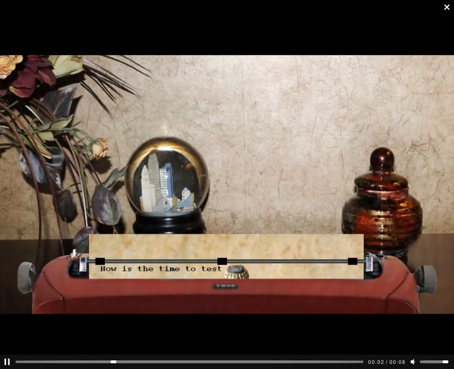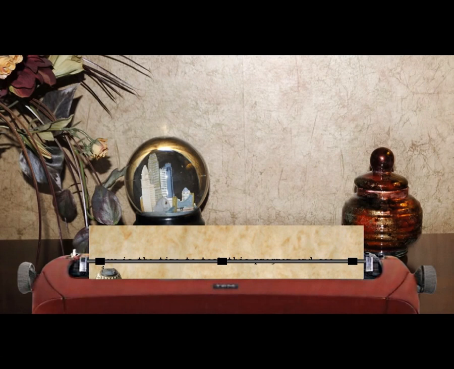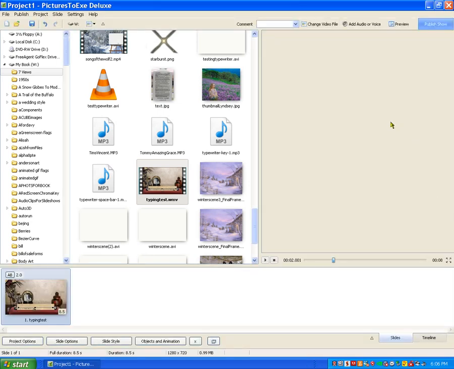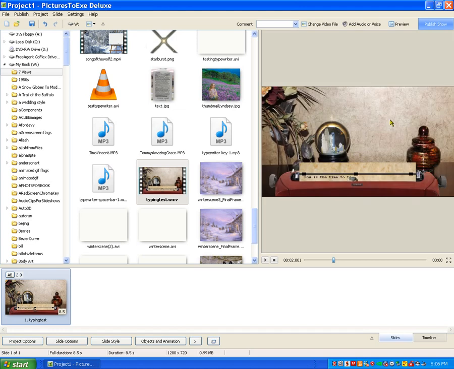There it goes. Hopefully this isn't too fast and messed up, because my slow program that I'm recording this screen with doesn't handle exe files very well. So now I'm just going to go into project options